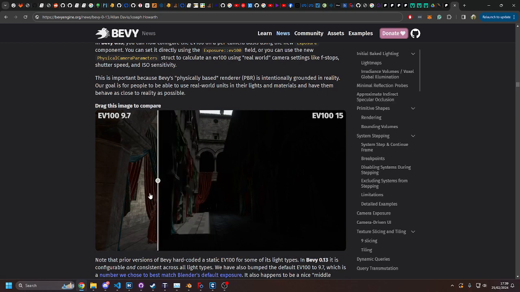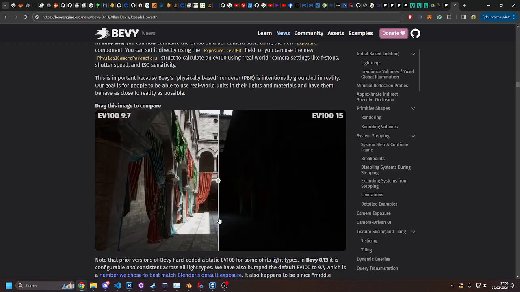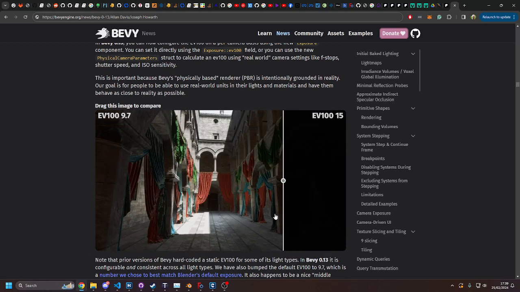Cameras have more control, so you can actually change the exposure of the camera. So you have a scene that's lit really well, and then a scene that's really dark with the same lighting and everything. You've just changed the exposure on the camera. This can result in a more real world camera sort of thing where you can actually dynamically control the camera,